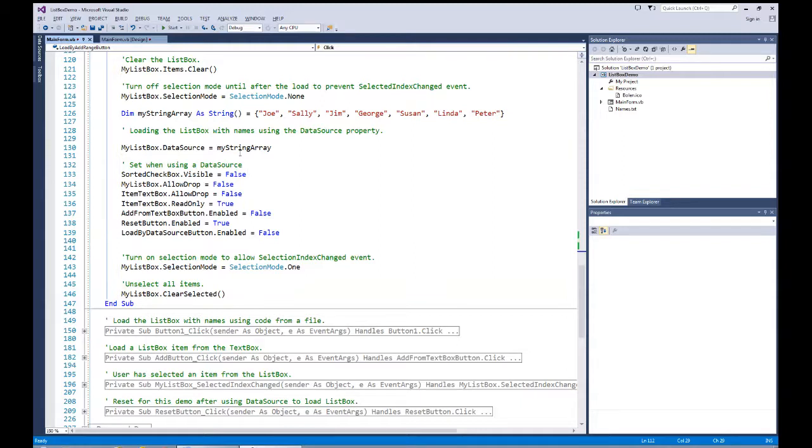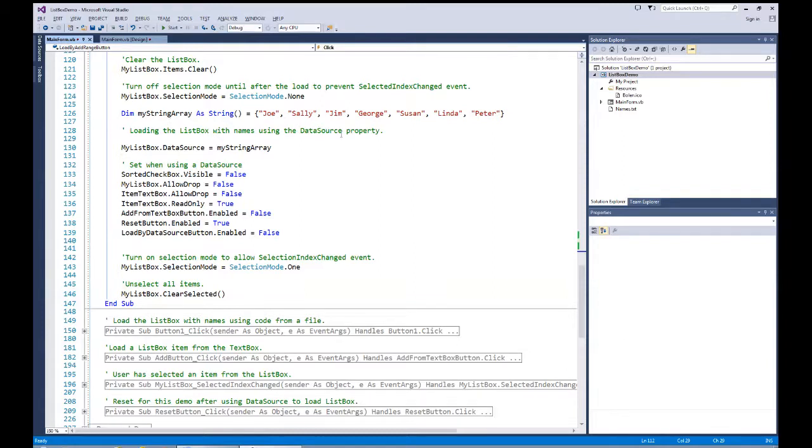One of the things I'm going to do is turn off the selection mode. The default selection mode for the ListBox is one on that, so we can select one item from the ListBox. But the quick thing I want to do is turn off the selected index change, which is the default event, so it doesn't fire while I load this. So I'm going to code selection mode as none first on this,